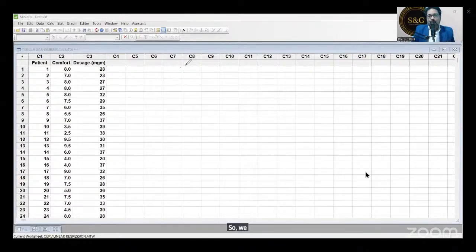So we have correlation and you have regression. What is the difference?